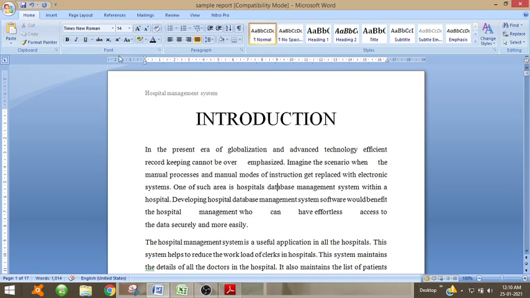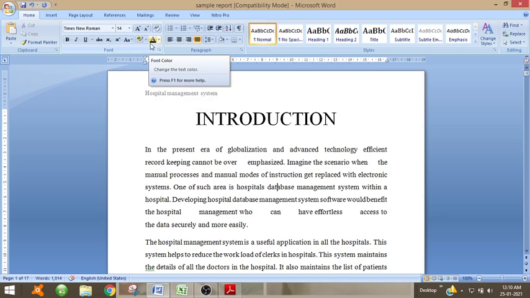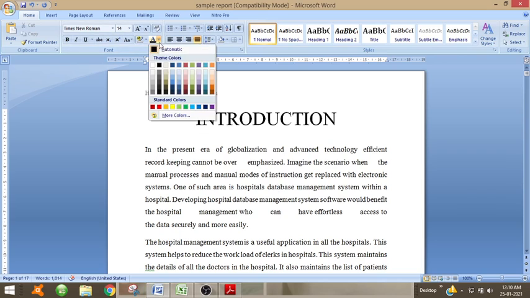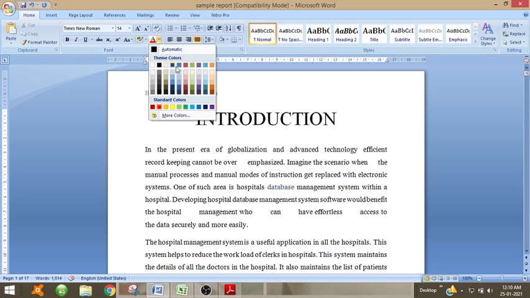In Microsoft Word there is a font tab and in that you can see a capital letter A, under that the font color. You can change the color by selecting any of the colors and the font will be changed. You can use any of the font colors.